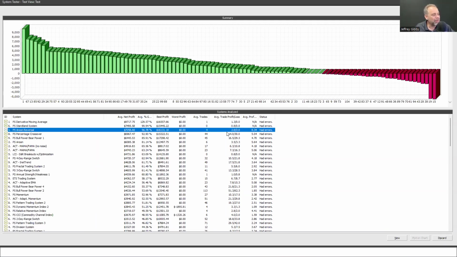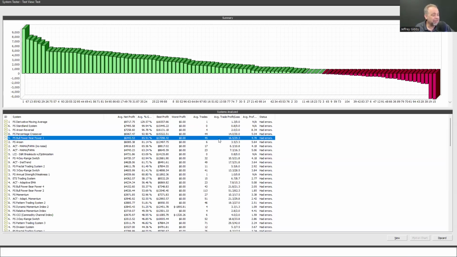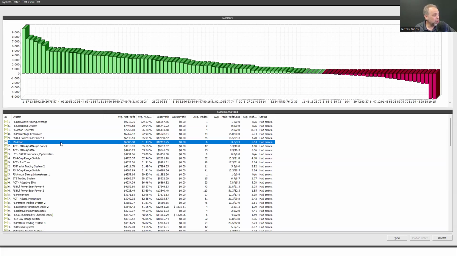Here we had about 4 trades with a 50-50 batting average on the Arun reversal. You had a percentage crossover, which had about 44 trades. That's about 22 a year per stock. That's average. So we can get an idea of how often these trade and where we're going to get buys and sells. Interestingly enough, with this Arun reversal, we had about 6 winning trades. It was about 50-50, but our win-loss ratio made it a very, very profitable system. Over 2 years, it would have been about 81%. It's about 40% annualized. That's pretty good. So I can look at that as well.